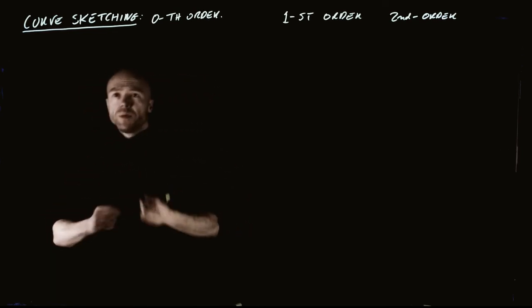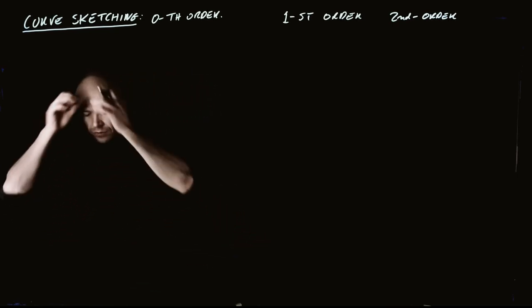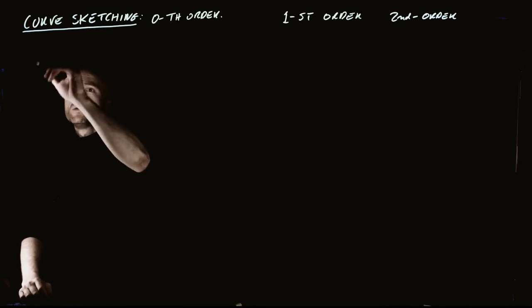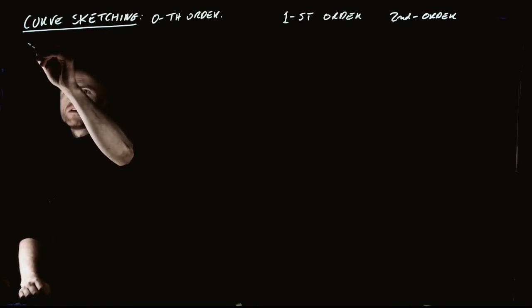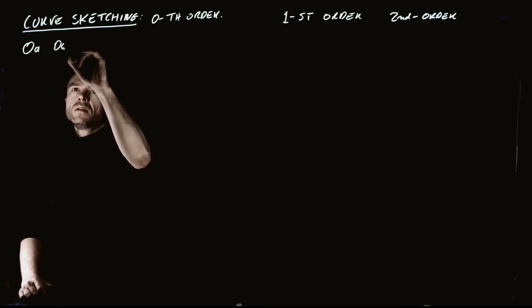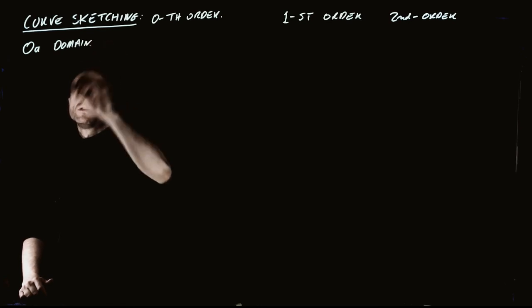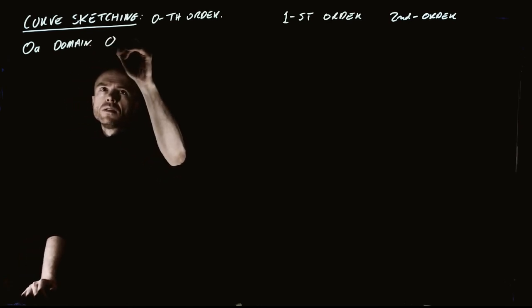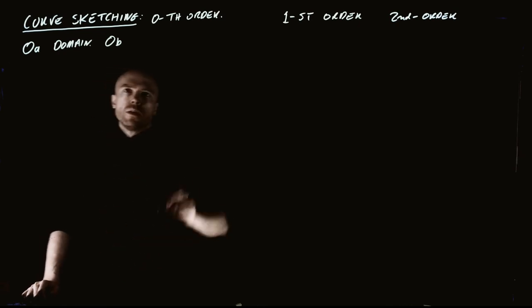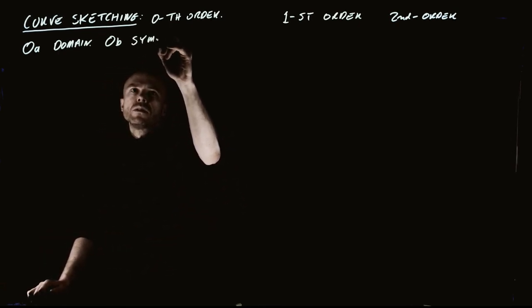So there's four pieces of the zeroth order information that we have to obtain, and they are the following. Let's categorize them like this. So 0a, it's the domain. First we want to think about where this function is defined that we're trying to sketch. Let's write 0b, and let's do symmetry